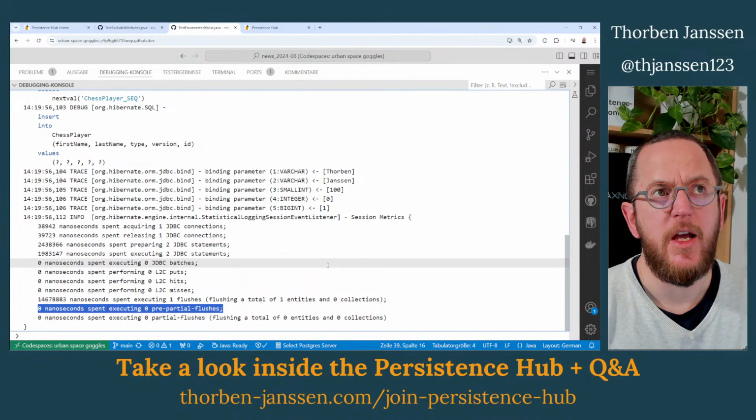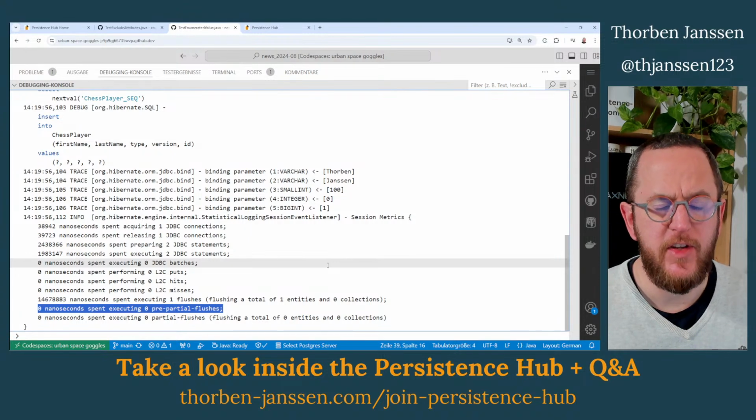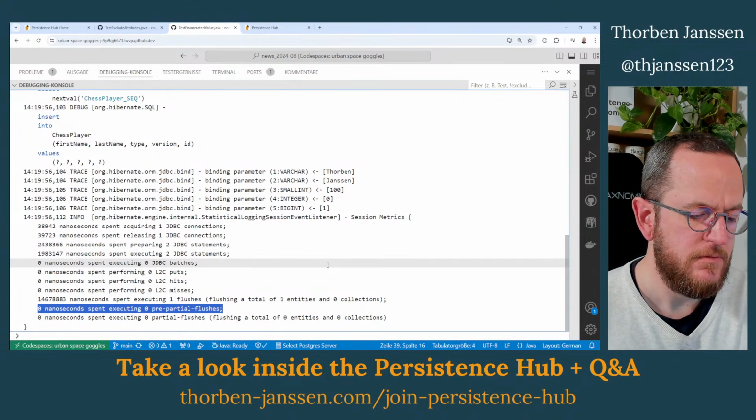Oh, wait a second, maybe I have an idea. So what we got with Hibernate 6 was that Hibernate in the past had the query generation distributed all over the code base, which is a typical example of an application or library that has grown over time, right? And well, the Hibernate project has grown for more than 20 years, I think. I started using it in probably 2001, so 20-something years.